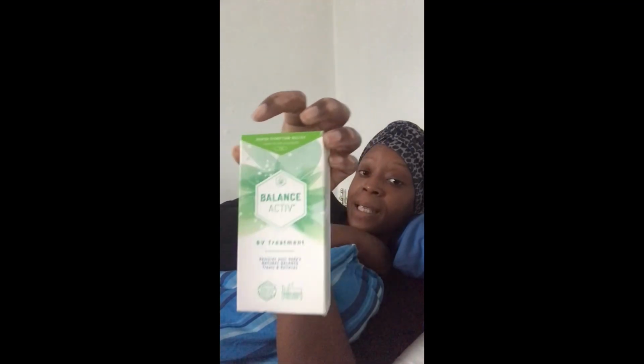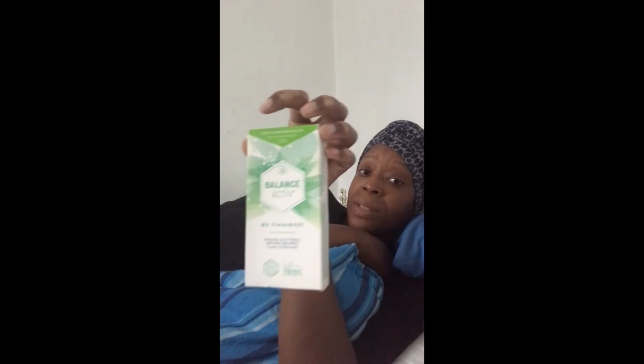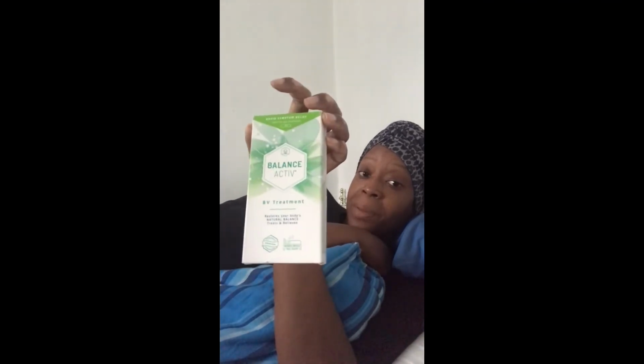So if you feel that you may smell down there or you have discharge constantly, these are absolutely great. It does say if it stings, stop using it. I didn't, because the results of the smell and the discharge disappeared. So that's why I put up with that little stinging sensation for a few moments while I was going to bed. I thought maybe the stinging was a reaction to the soap I was using down there,